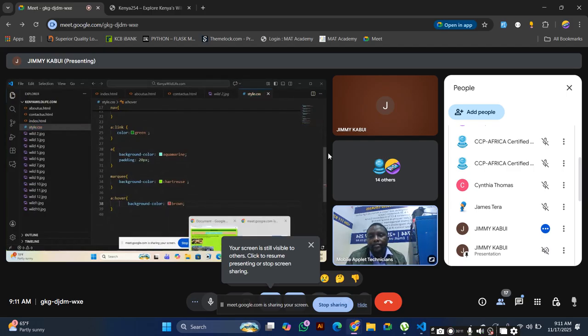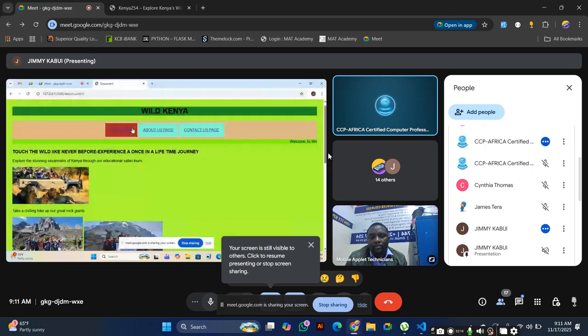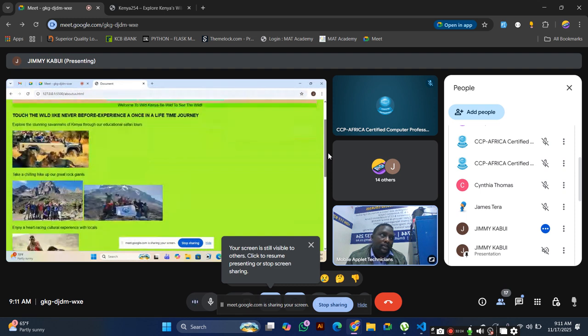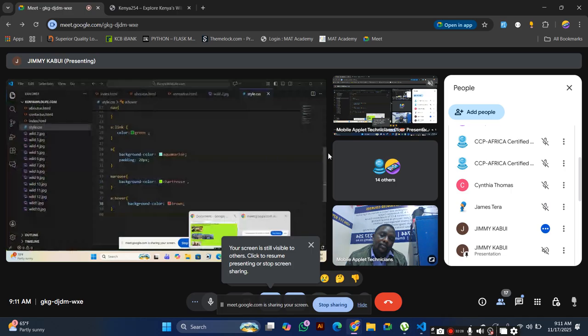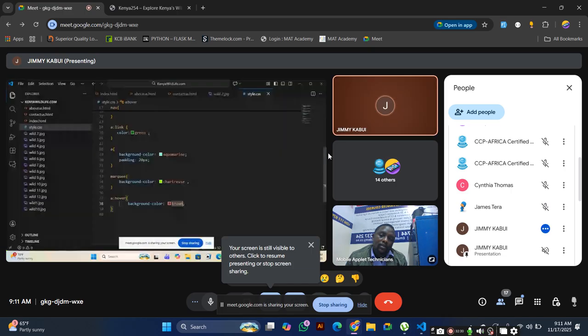Yeah, so although now the text color is very dark on hover, you can change the text to white. Because now brown is hiding the color.